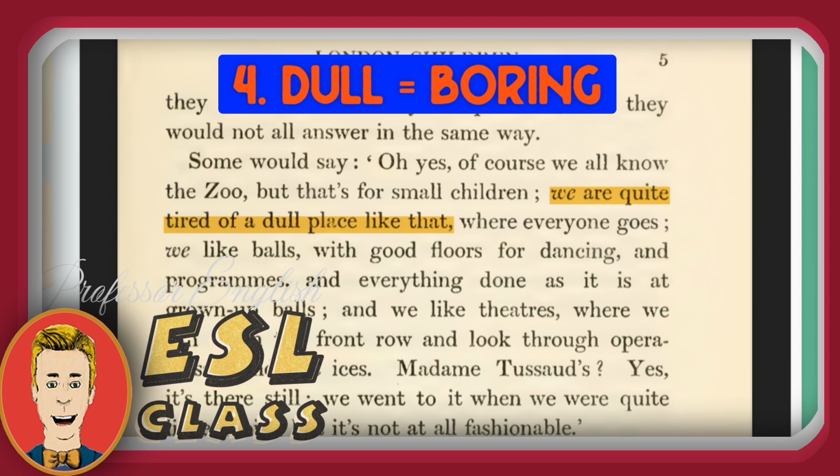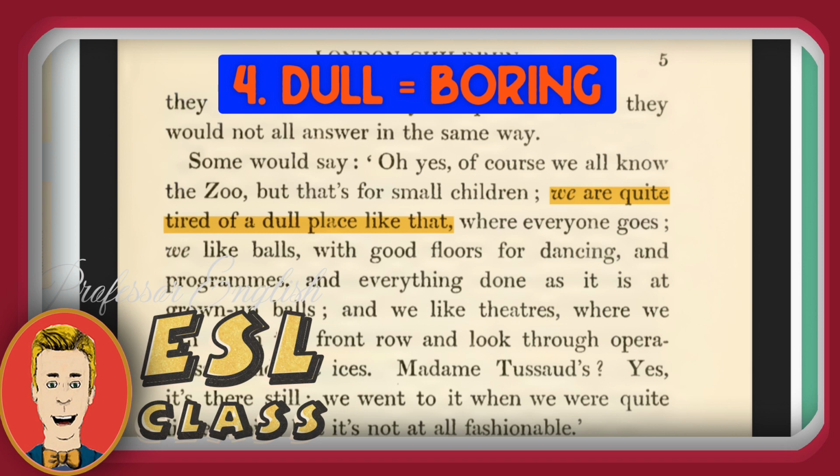Here's a sentence. The zoo is an exciting place for older children. Can you make a yes/no question with that sentence? That's a pretty long sentence. The zoo is an exciting place for older children. Make a yes/no question. Is the zoo an exciting place? Is the zoo an exciting place for older children?